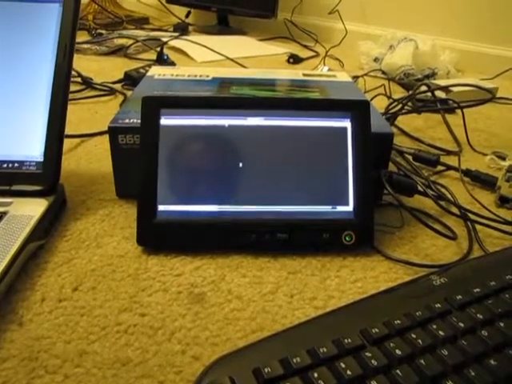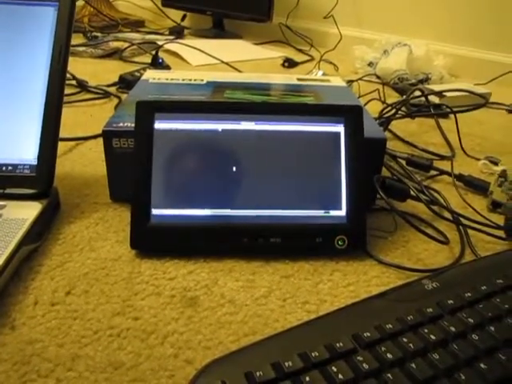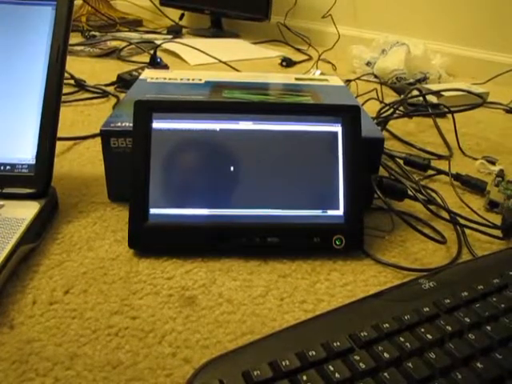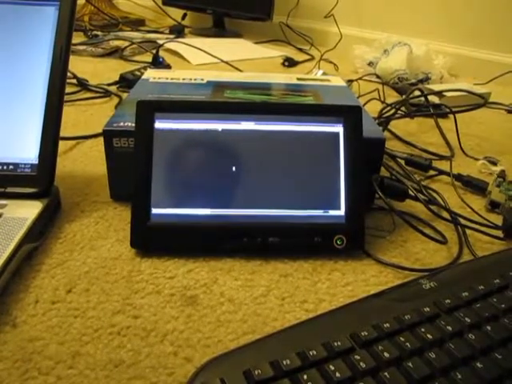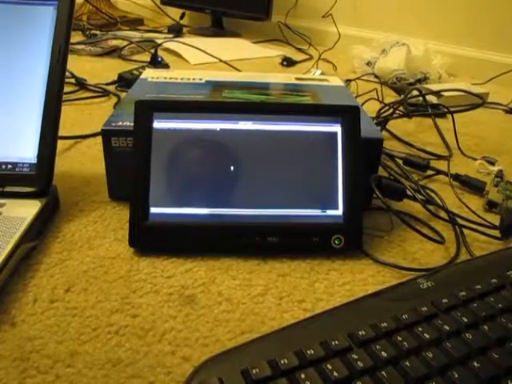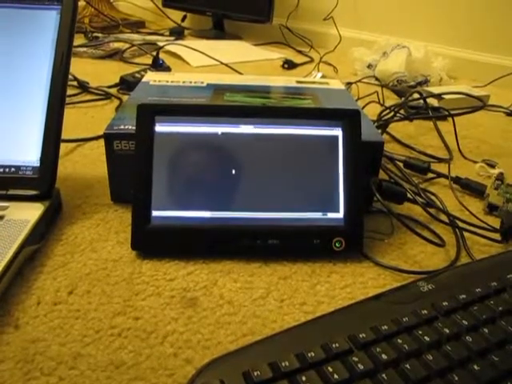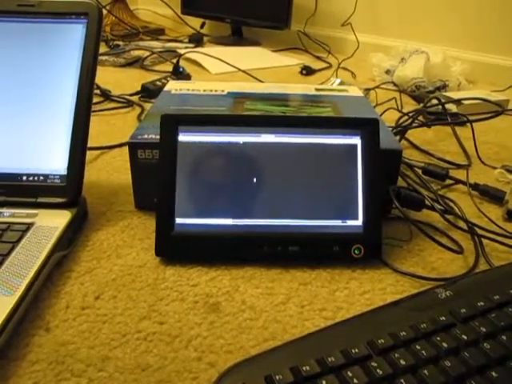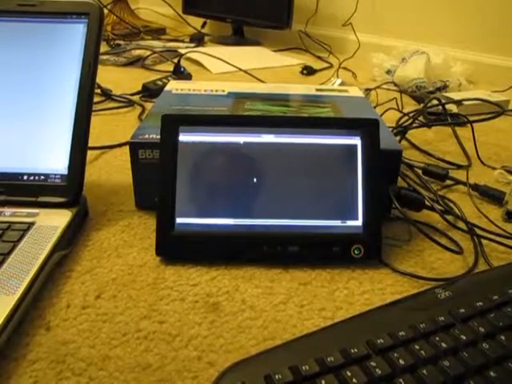Hi, this is Raspberry Pi group number 4 and 5. Group number 4 is integrating a touchscreen along with Raspberry Pi, and group number 5 is integrating Wi-Fi along with Raspberry Pi. Now here we have combined the two projects into one single Raspberry Pi board.